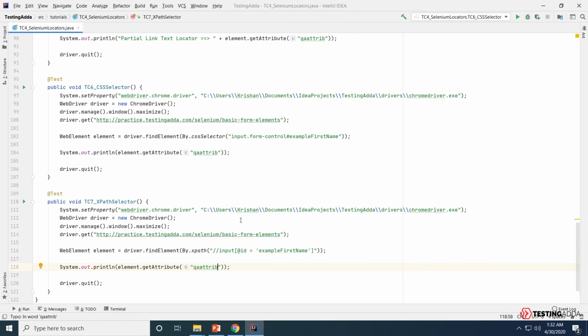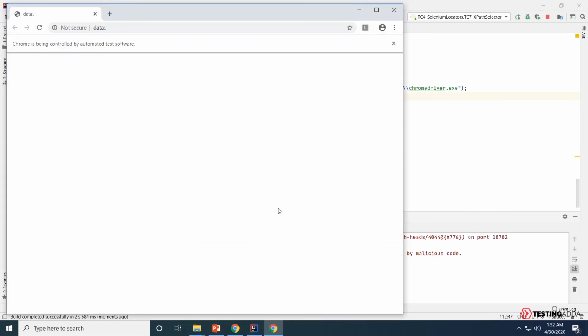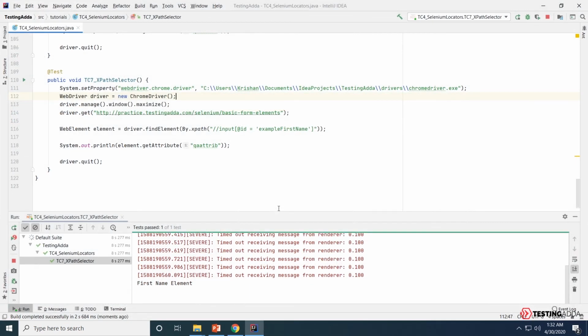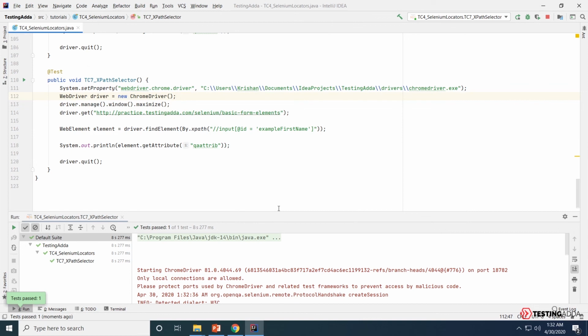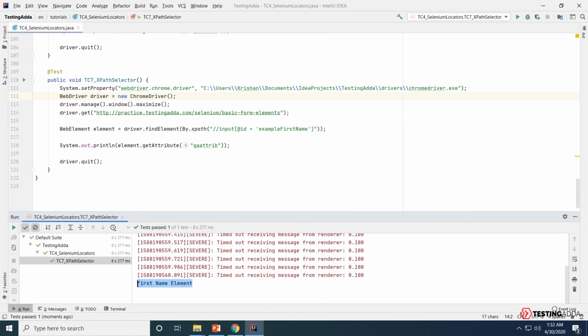Let's try executing this test by right click, run. Here you can see the test case passed and we were able to fetch the QA attrib value correctly. Now let's try the second scenario where we wanted to fetch an element whose type is input, the class is form control, and the ID is example first name.